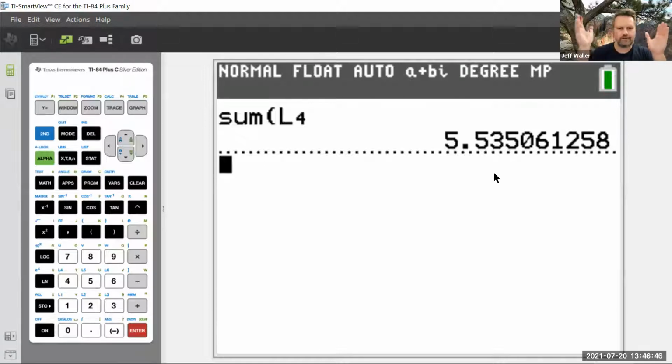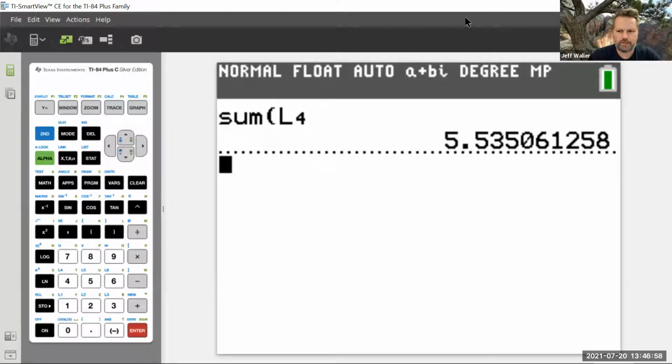Did you have to do it in the calculator? Of course not. You could do row by row by row like we were already doing a minute ago. I just wanted to show you how the L1, L2 stuff would work if you wanted to put it all in the calculator. It's just a little bit quicker. So I'm going to transition back to the sheet here.